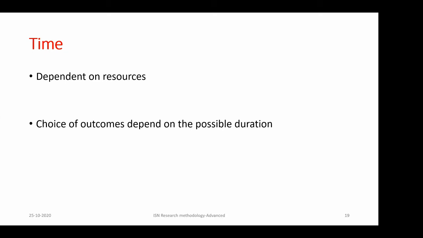And again, with this time factor, you can keep changing your primary objective. For example, if I am doing this study for a period of say 1 year or 18 months, I would be more interested in the change in GFR between the two arms. Whereas if I have the resources to do the study for 5 years, I am going to choose something else, probably the ESRD rates, transplant rates, or death as the primary outcome.